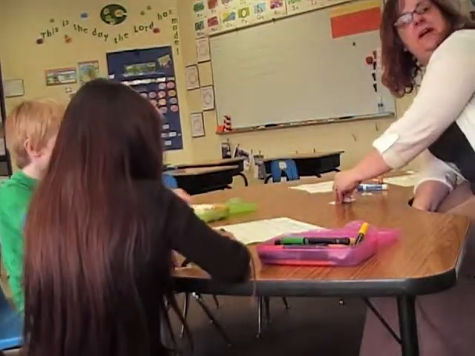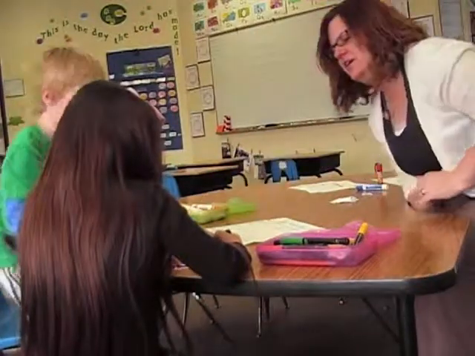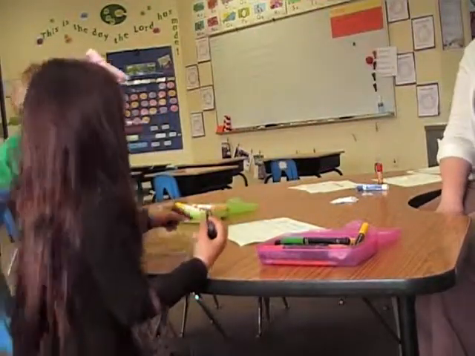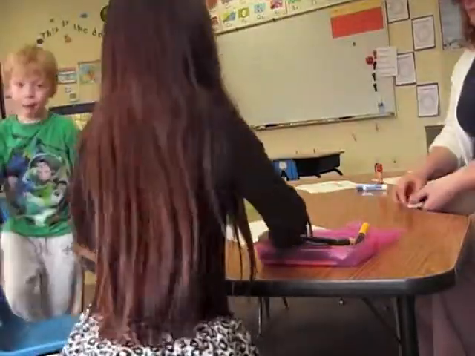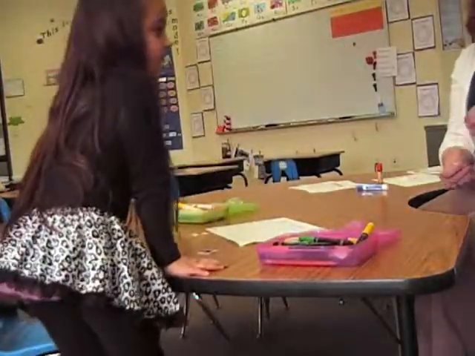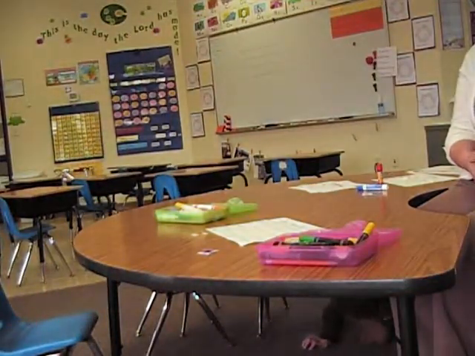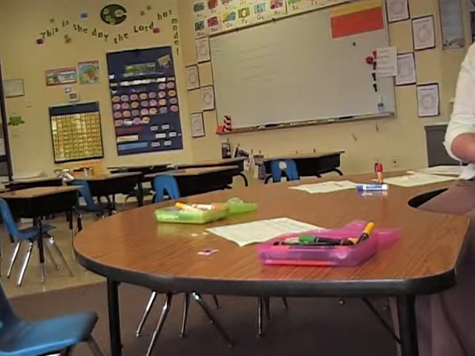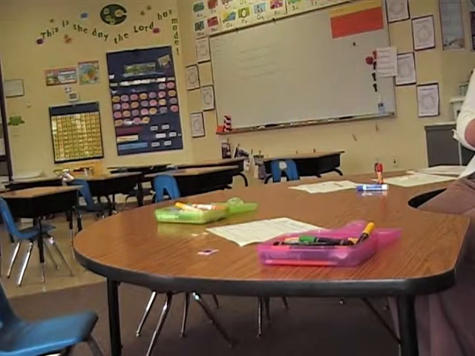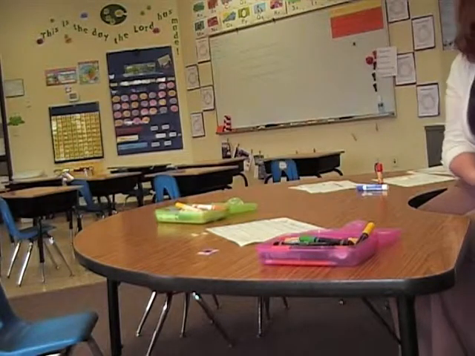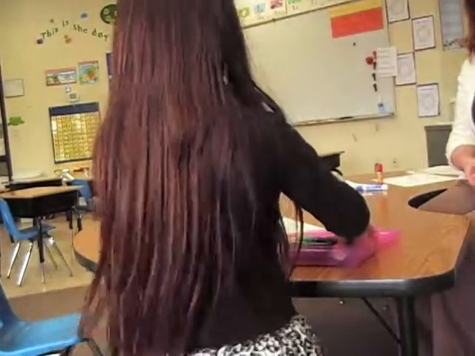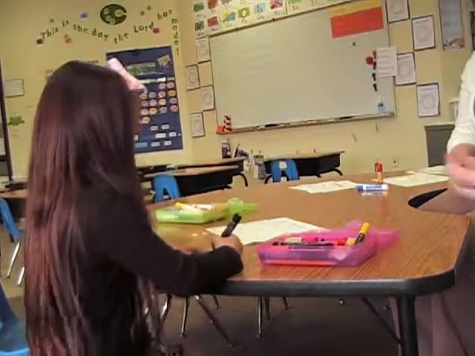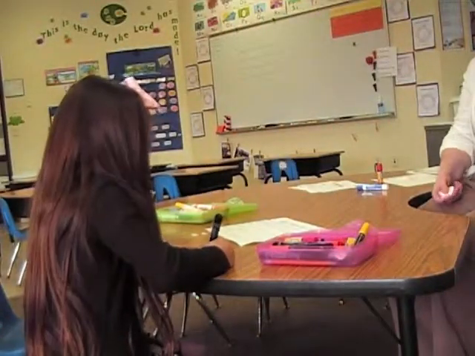Brogan, would you go ask Josh about his favorite color? Okay, Kiana, why don't you go ask Bella about her favorite color? What's your favorite color? Josh, what's your favorite color? You have to pick one, Josh, sorry. Everybody just pick one favorite color today. What did she say? Green. Blue. Okay, so give her a green.